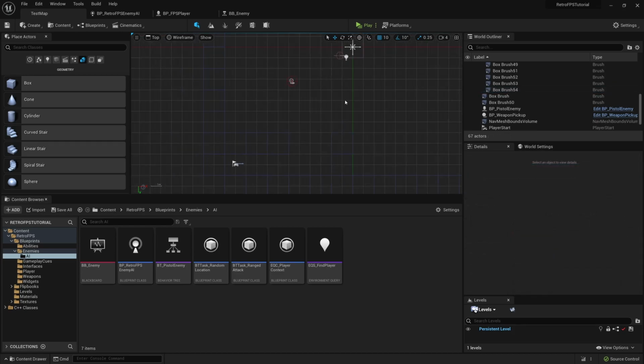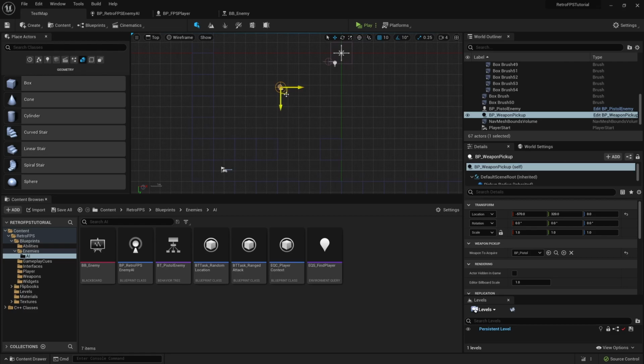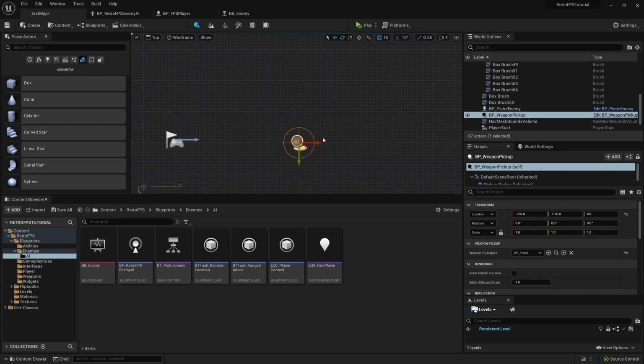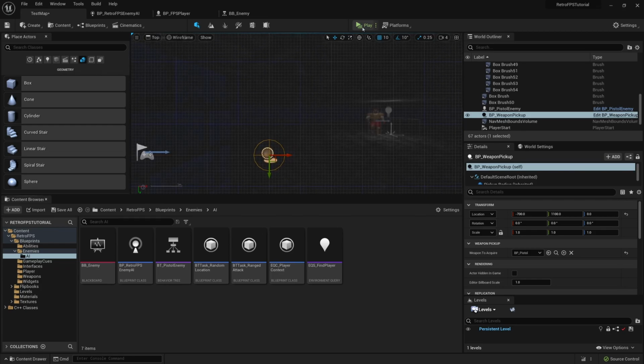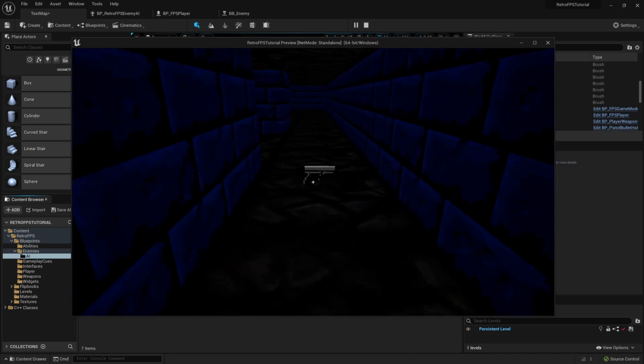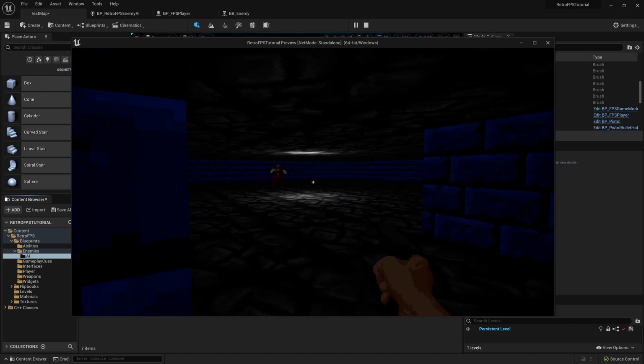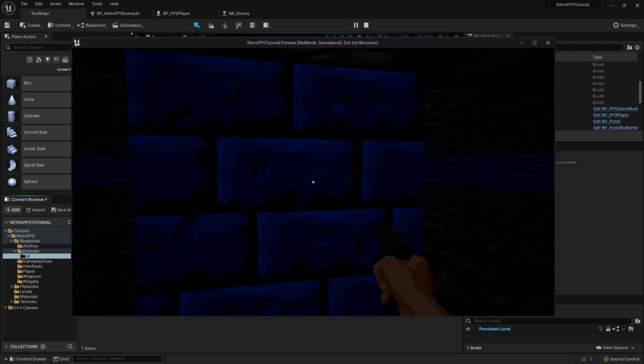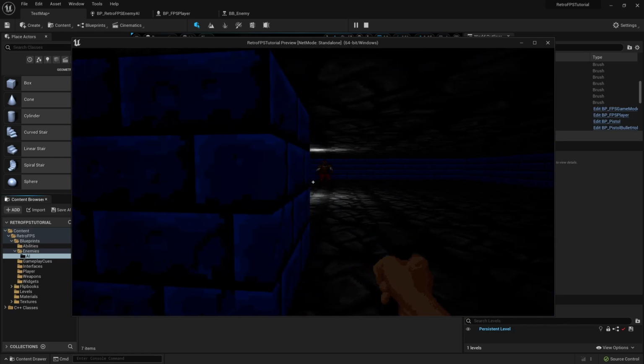And then I think I'm also going to take the weapon pickup and move it right here so that I can use this gun to alert the enemy to me. So let's test it out and see how it works. I'm going to grab that gun and I'm going to look and see where the enemy is. He does not see me, which is good. Let's see how line of sight